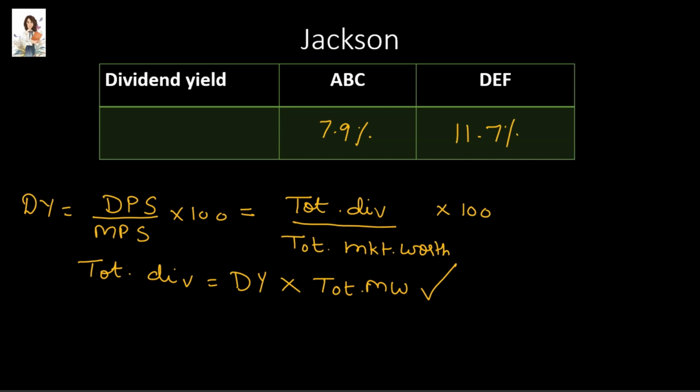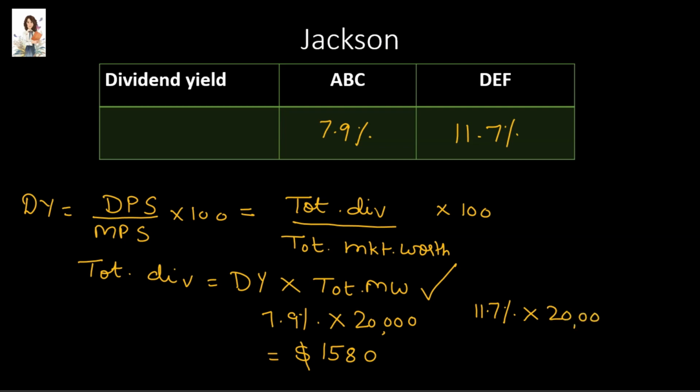If Jackson invests in ABC, his dividend yield will be 7.9%. And the market worth of his shares is $20,000. Therefore, the dividend received in ABC will be 7.9% of $20,000, $1,580. If Jackson invests in DEF, his dividend yield will be 11.7%. The market worth will be $20,000. Therefore, his dividend, if he invests in DEF PLC, will be